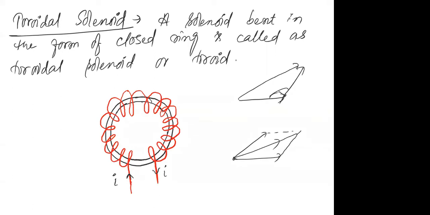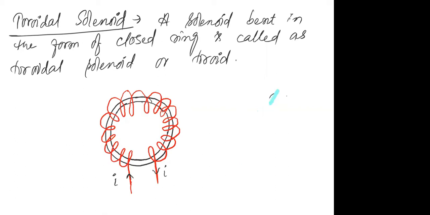But if you remember, the result of both of these laws was the same, equal to the square root of a square plus b square plus 2ab cos theta. This was the result in both cases, right? Then why did we have two laws? Just because of the arrangement. That means we can arrange the vectors either this way or that way. Similarly, you can have a solenoid just like a cylinder, or you can have a solenoid wound over a closed ring to form a closed ring shape, and that is called a toroidal solenoid.